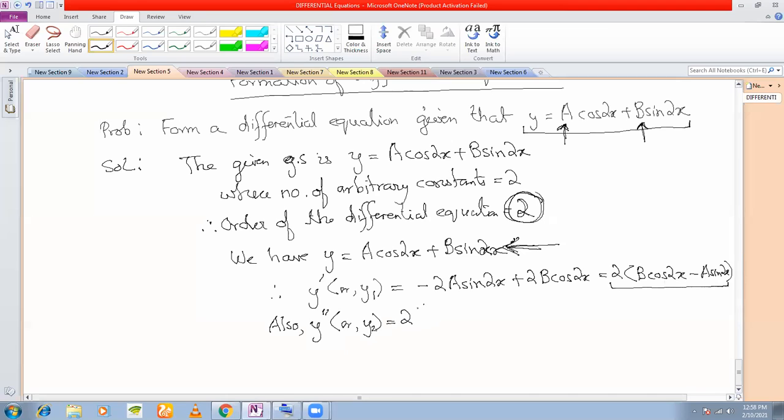Okay, it will be easier for you to differentiate. Take 2 out of the differentiation, give a curly bracket. Now b is also a constant, so b will also be out of the differentiation. Cos 2x differentiate, minus 2 sin 2x. Minus a is a constant, take it out of the differentiation, and then differentiate sin 2x, you get 2 cos 2x.